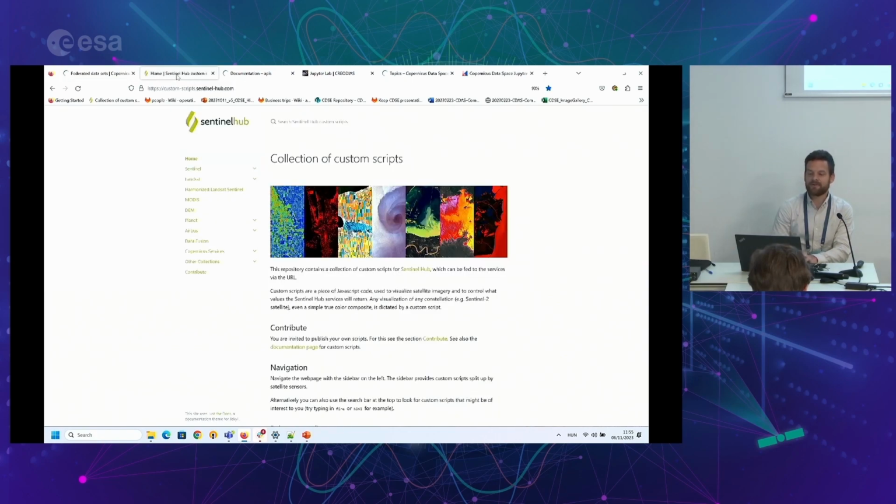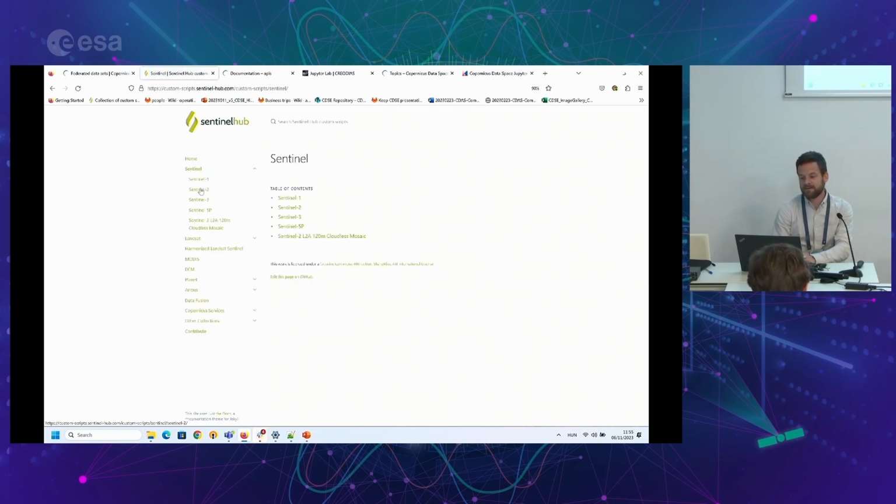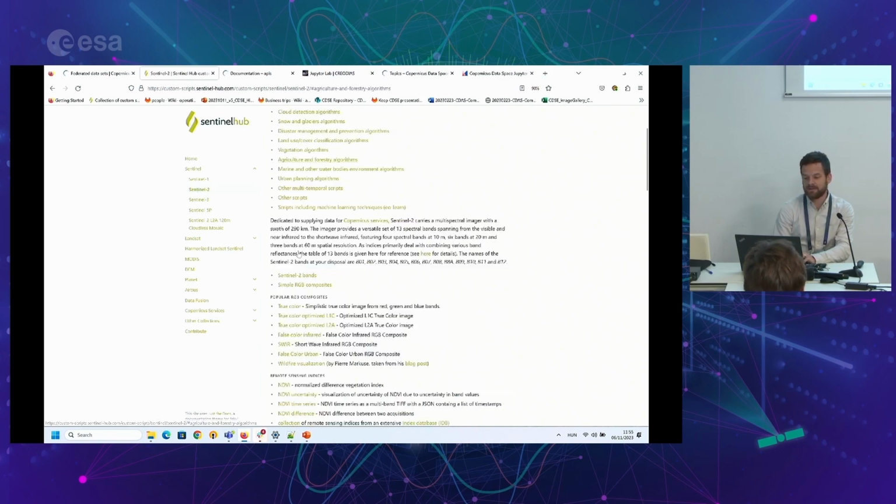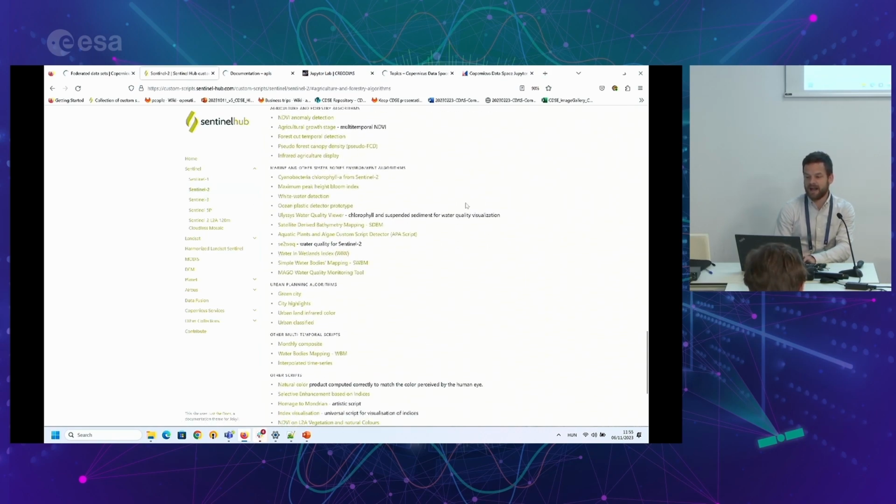The next thing I want to show is the custom script collection. The eval script is essentially the core of the remote sensing analysis that you do. That's the spectral index, the calculation on the pixel values with respect to each other. So that's where the science comes in. And actually, we have this massive big repository of many different eval scripts for a lot of different applications. So they are grouped by satellite. And then within the satellites, for most of them, they are grouped by application. And then for each of these algorithms,